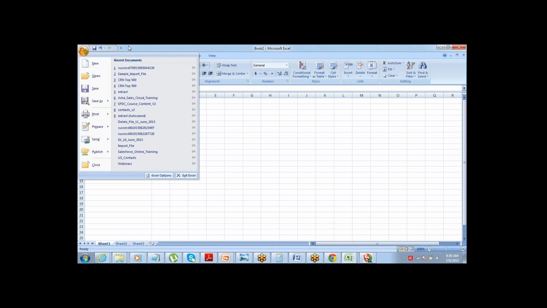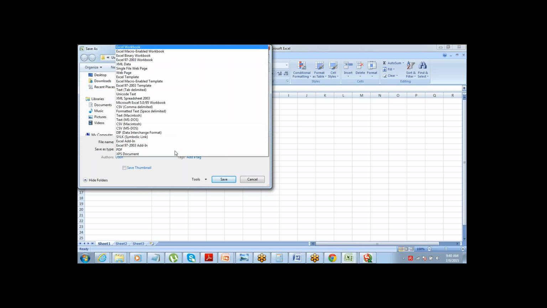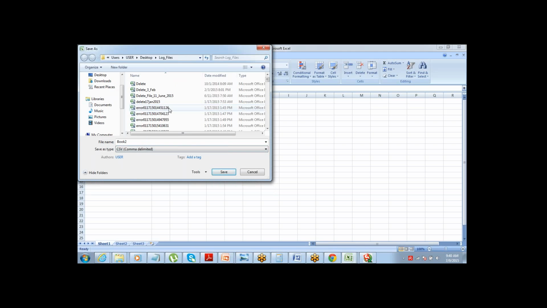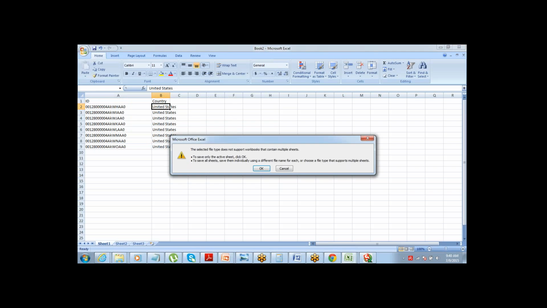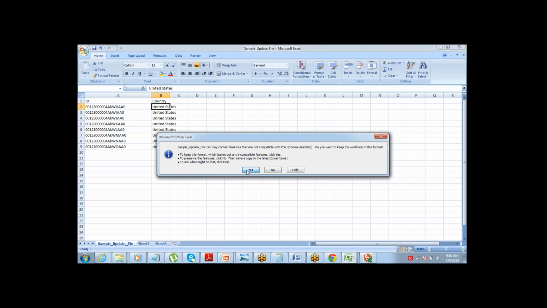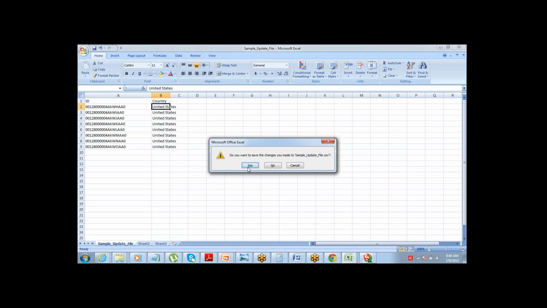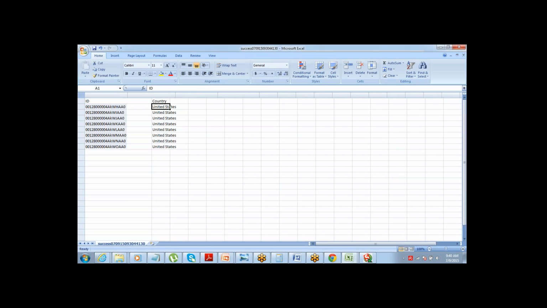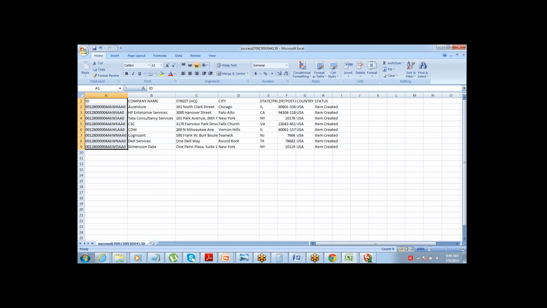You can just go ahead and save this. Again, save it in CSV format, comma delimited, call it sample update file, save. Fine.